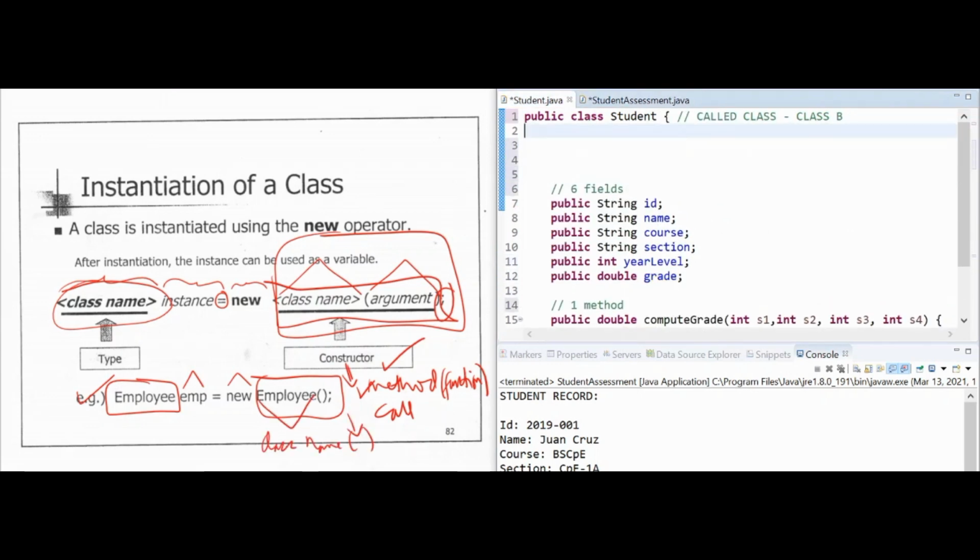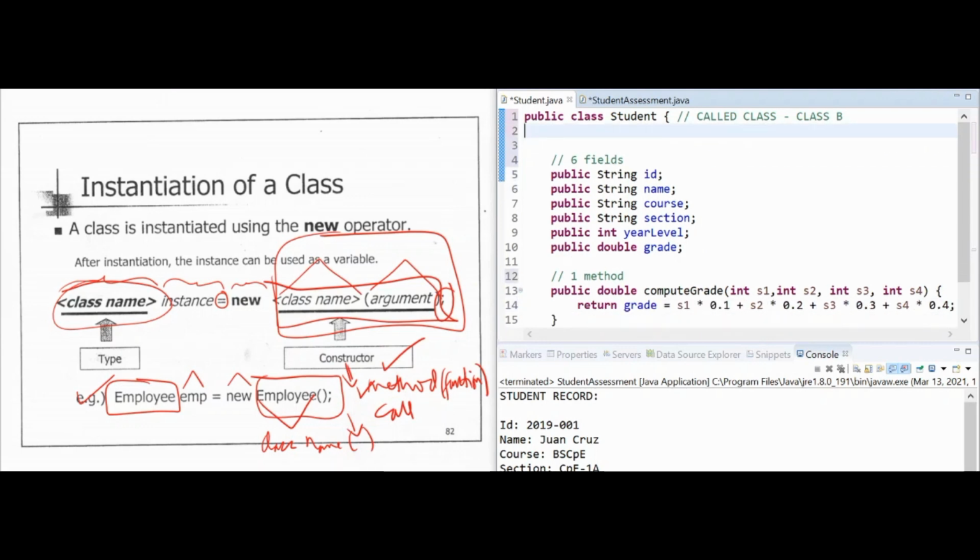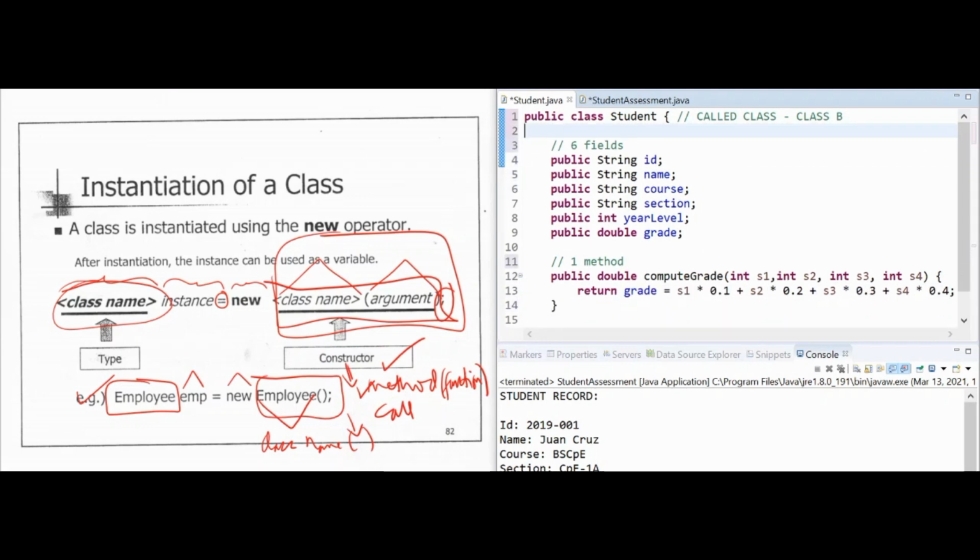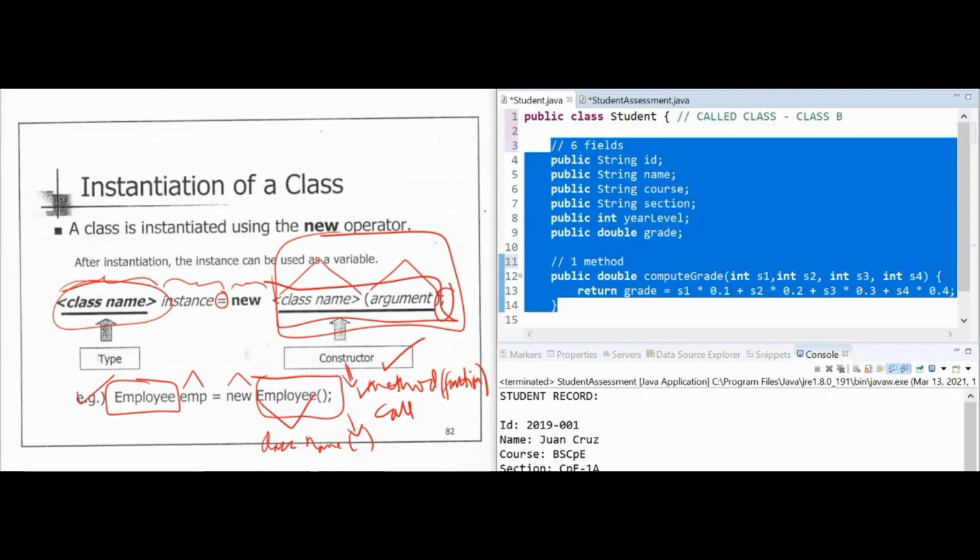A default constructor looks like this. But you don't have to explicitly create or define a default constructor. You can omit that and the compiler will automatically create a default constructor